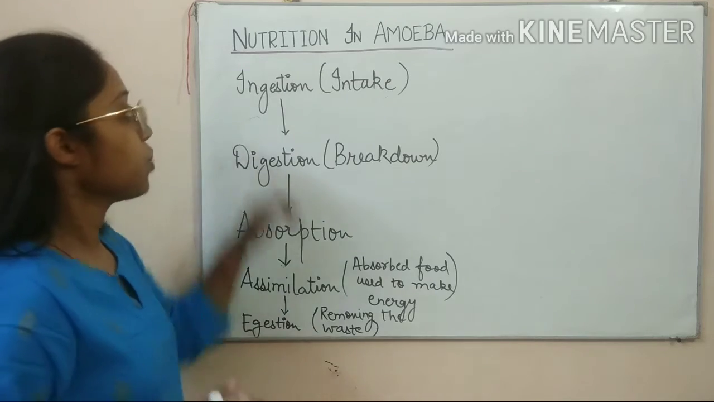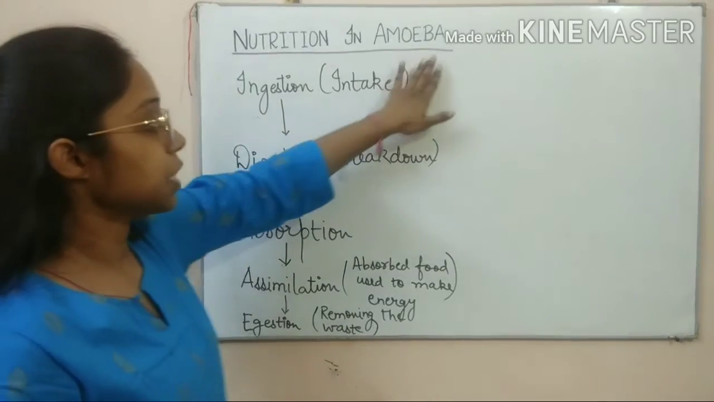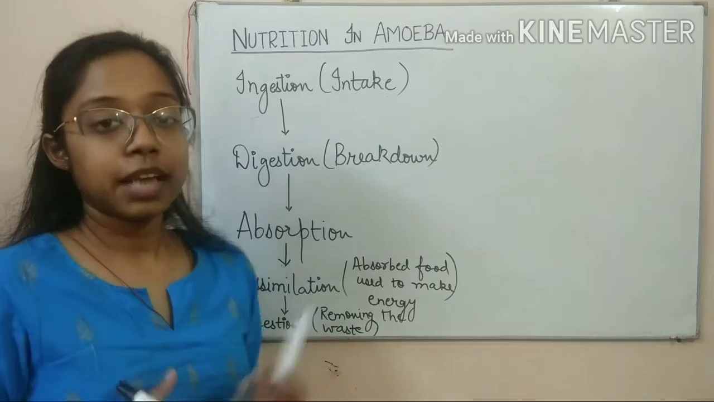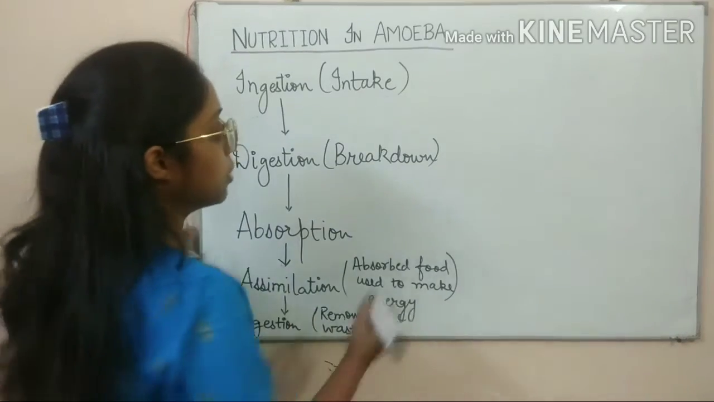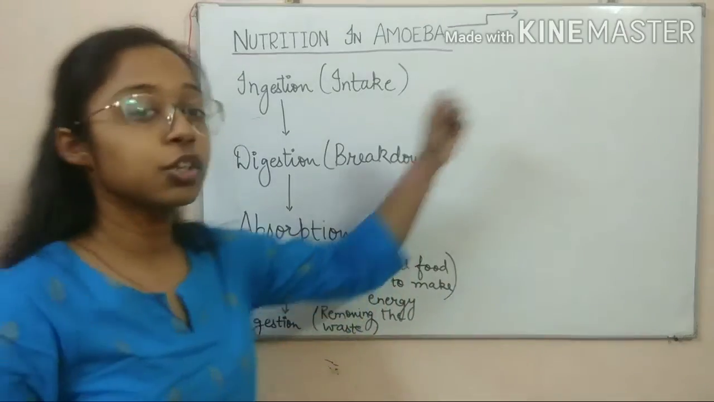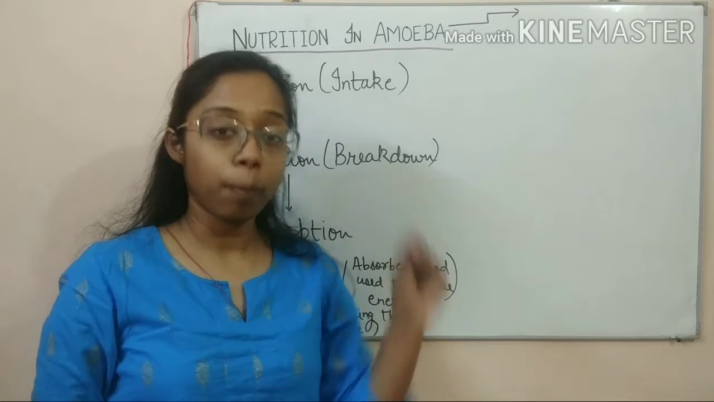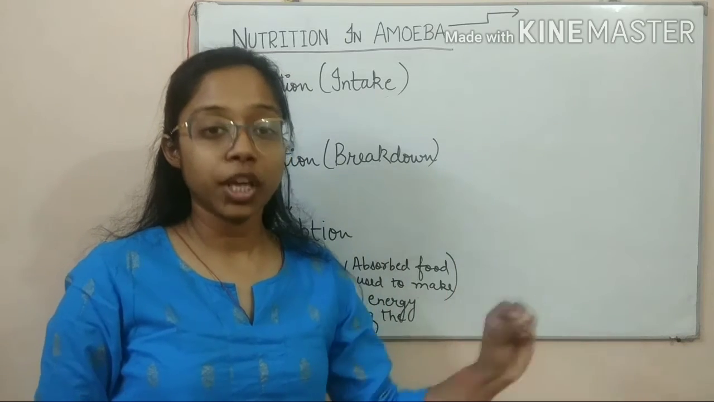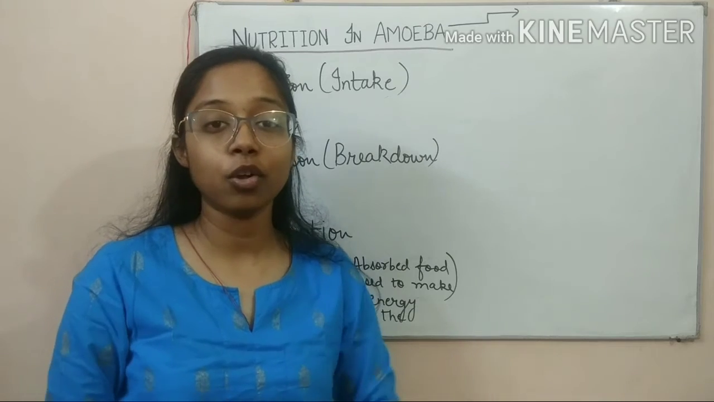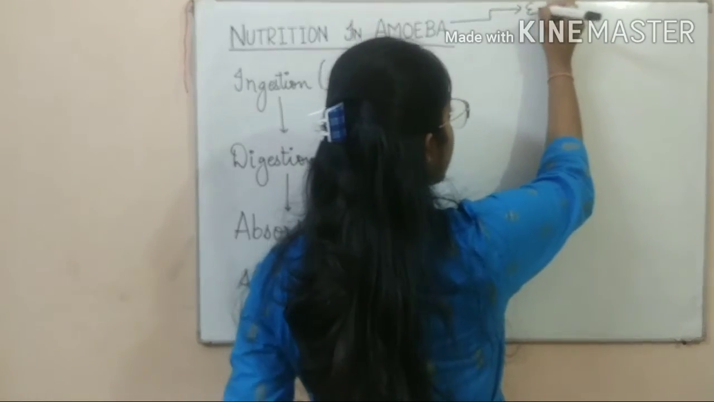Now let's see how this process of nutrition takes place in amoeba. But before that, let's understand what is amoeba exactly. So it is a eukaryotic cell. You know what is a eukaryotic cell? It's a cell which has proper well-bound genetic material, plus all the organelles in the cell are also well bound. So it is eukaryotic